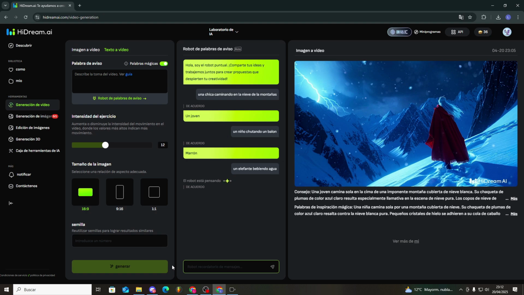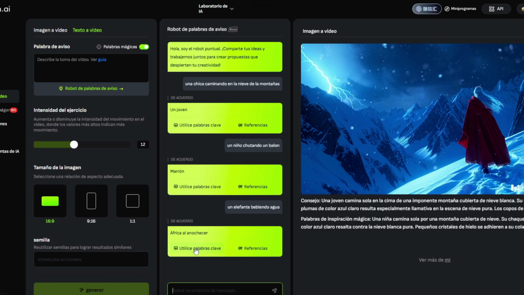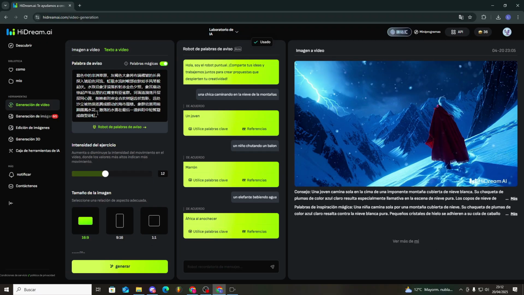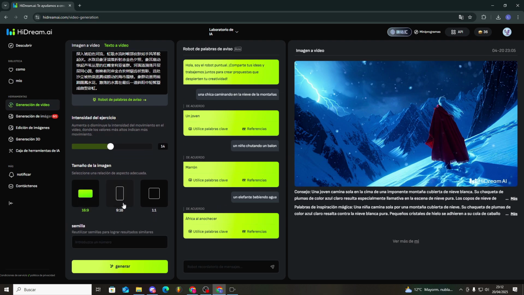After entering what we want, we'll hit enter. It'll think and give us the exact words to generate it in the best way possible. With this generated, we'll use keywords and it'll directly send us the prompt it has created. Next, we'll adjust the intensity of the motion. Increasing it will generate more movement in the image and decreasing it will reduce movement. Let's try with a bit of movement in the middle, not too much or too little, and finally we'll decide